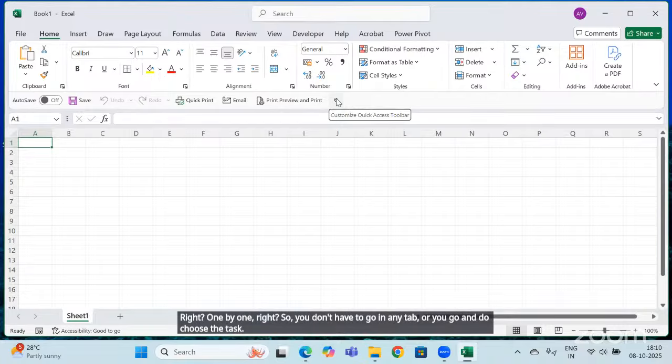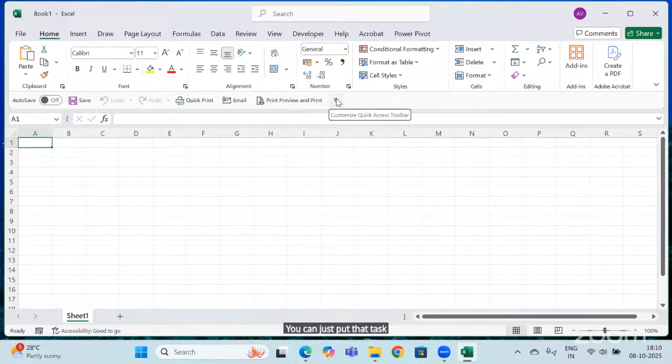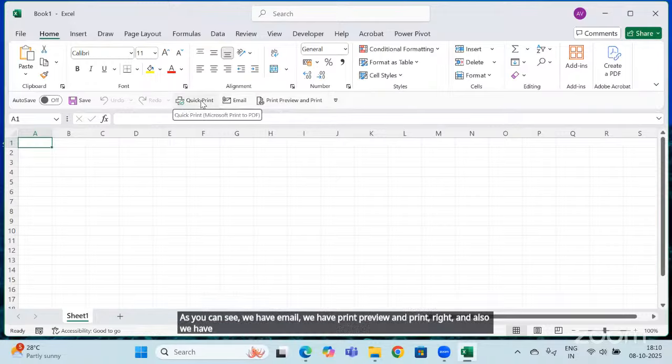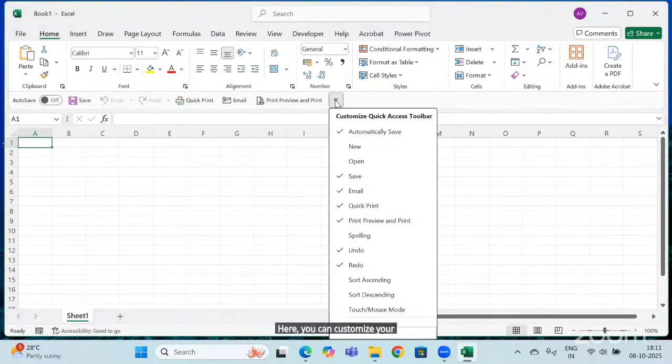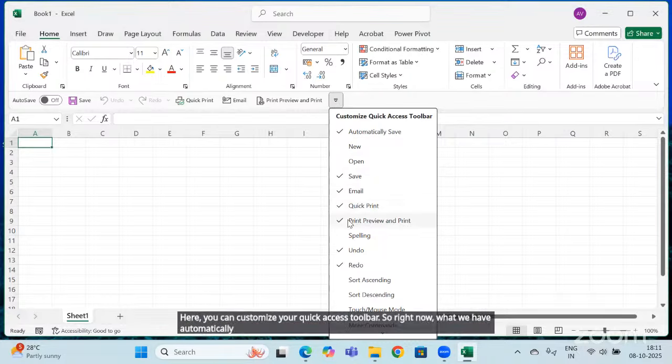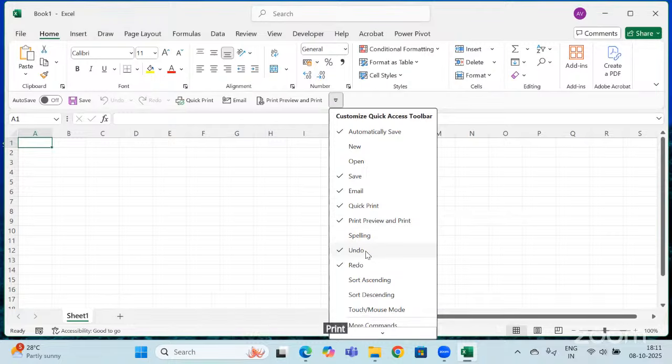You can just put that task at the top, like right here. As you can see, we have email, print preview and print, and also quick print. If you need anything repeatedly, you can put it in the quick access toolbar. This drop down is where you can customize your quick access toolbar. Right now we have automatically save, email, quick print, print preview and print, undo, redo.